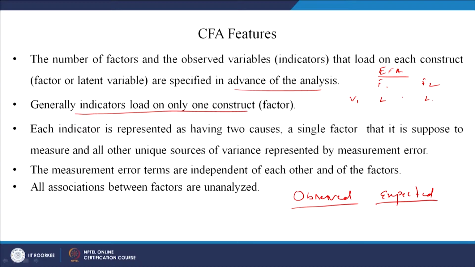In that condition we said either it is an item for deletion, that means if you have a sufficient number of variables, it is better to delete that particular variable from the study, or if you have a small number of variables, then you should understand theoretically, logically, whether V1 should fall in F1 or F2. If it falls in F2, then it should be taken to F2 and this should be ignored. So, this is what we did in EFA, but that condition is now completely out of question in the CFA,